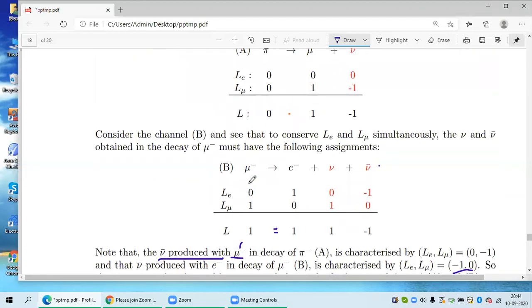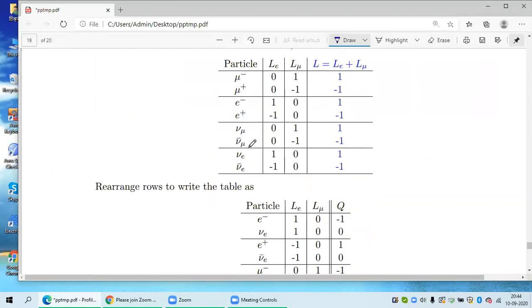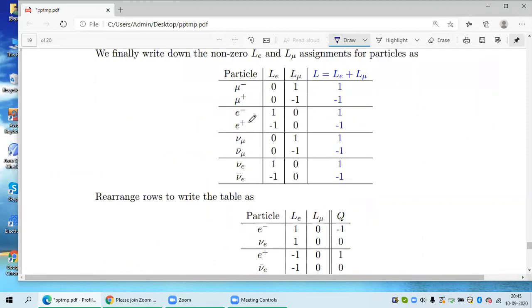And now this particle table goes like this. So this nu and nu bar have different L. I have just written the antiparticles. Clear? So this L in blue color is no more needed. We can take this as fundamental, but I have given this because I introduced it earlier, so for completeness I have given this. Clear?